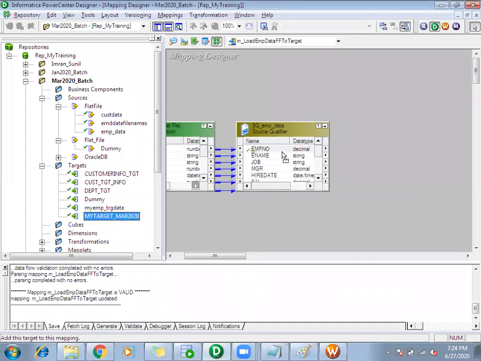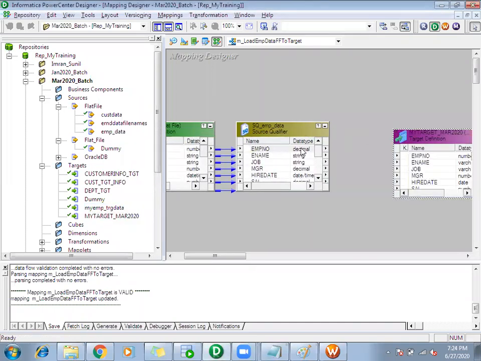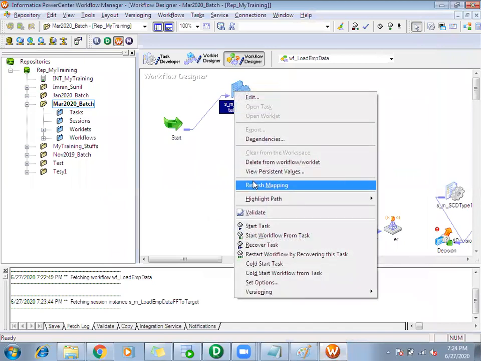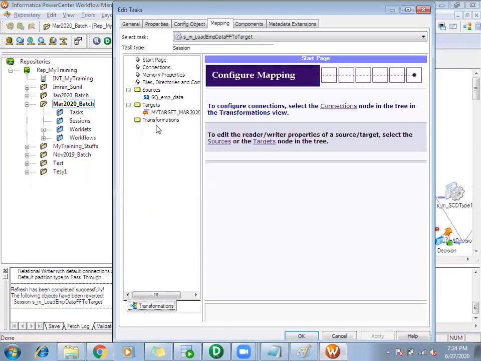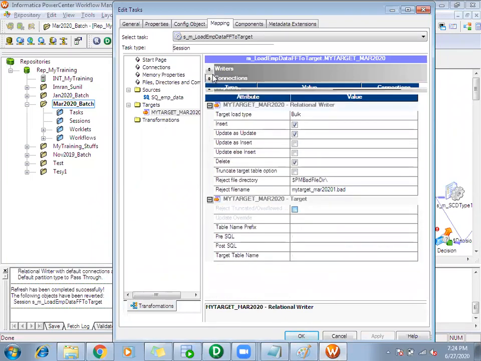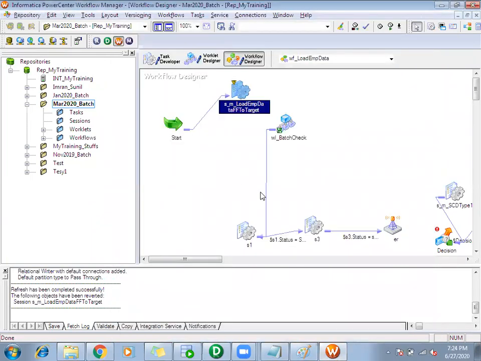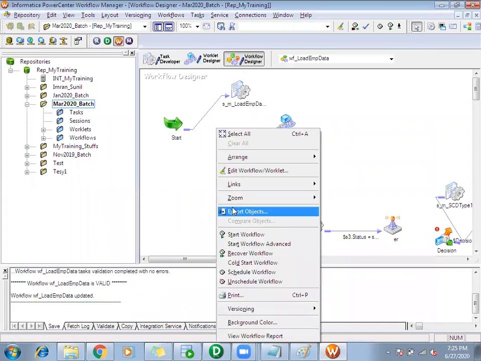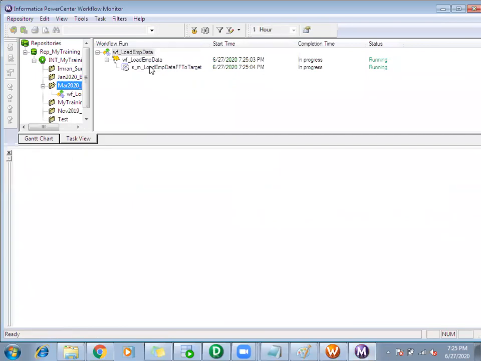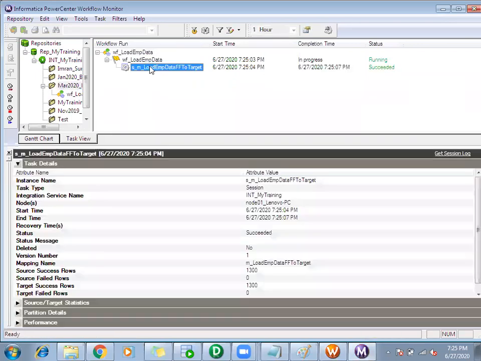I'll replace it with the table. So now if I run this workflow, I can see the session here. So the session is running and it is completed.